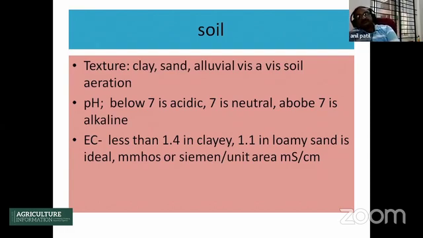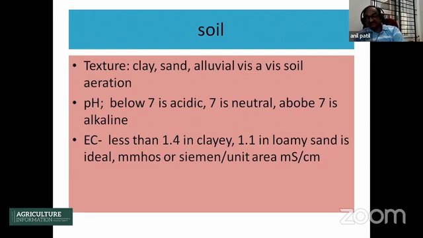However, if you are blessed with, let us say, acidic soil or alkaline soils, it is better that you choose the related crops which can tolerate the alkalinity or acidity. Thereby, the production or the yield is going to be higher. So, knowledge about your soil pH is a must, and this can be corrected using